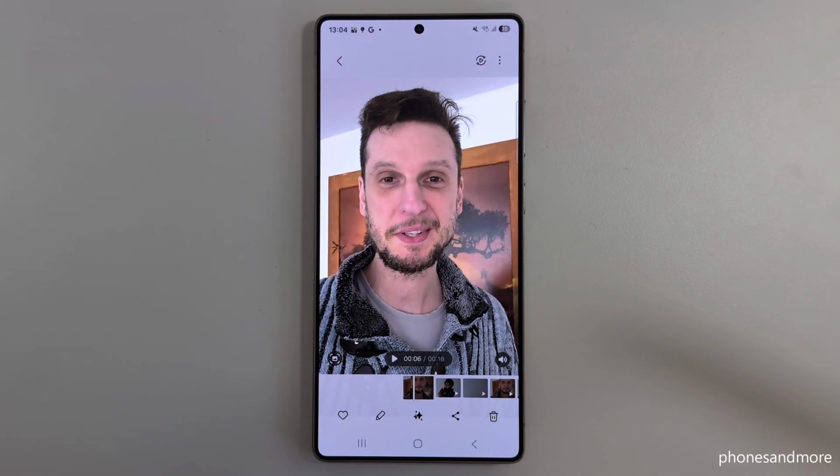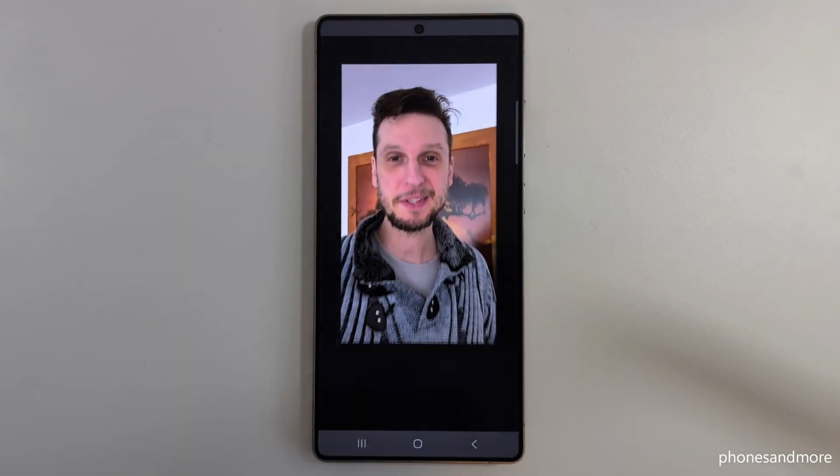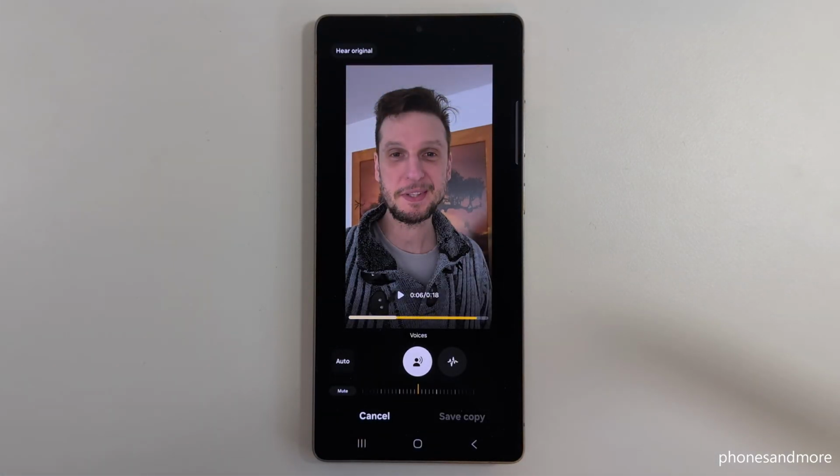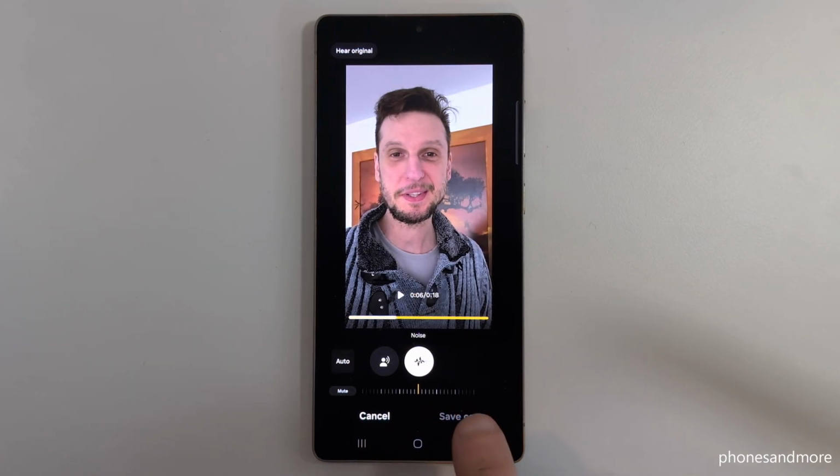And if I want to remove now these background noises, just tap here on the stars. So this is, by the way, the Galaxy AI symbol. And then the phone is detecting the audio here, the background, and separating it into voices and noises. If you want to decrease now the volume here, then just swipe like this, and then you're having just 15%